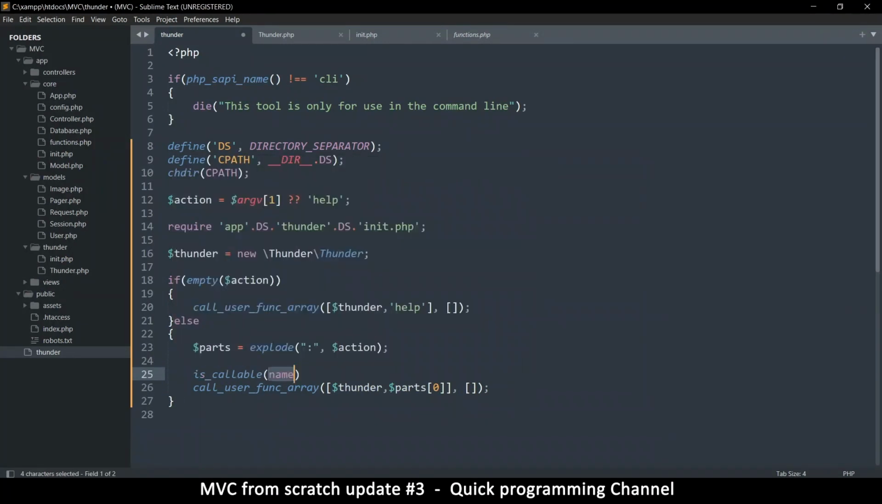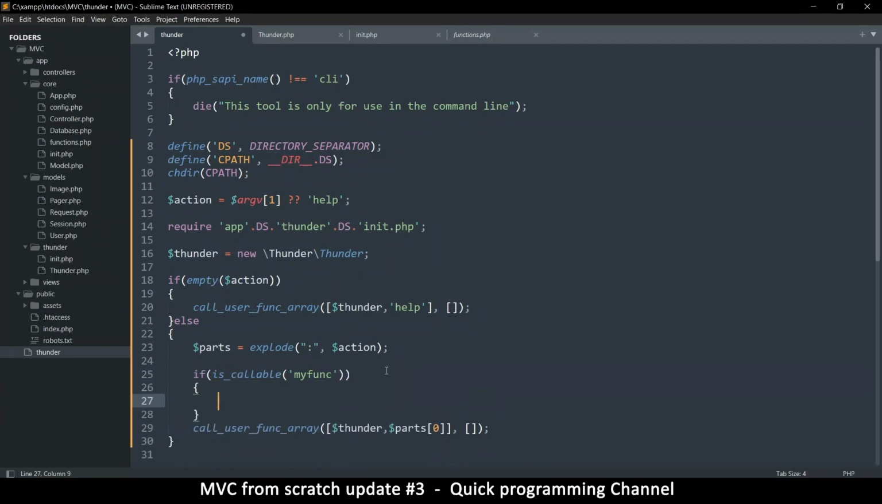So callable tries to call your function. So you can just put a function name here, myfunc, for example, and then you check if that function is callable and it gives you a true or false, like that. So if the function is callable, let's move that over there, like so. If it isn't callable,